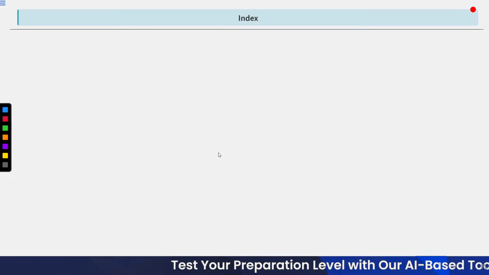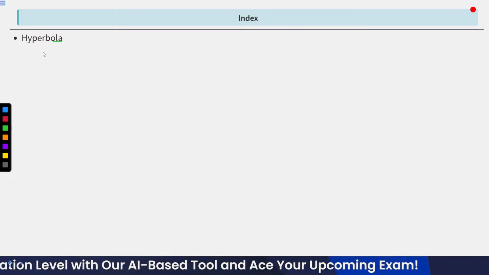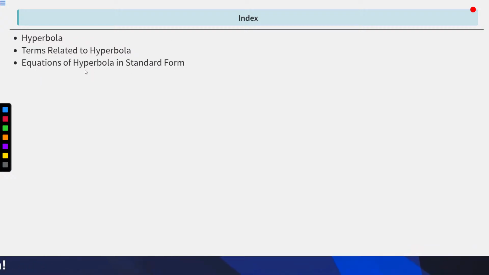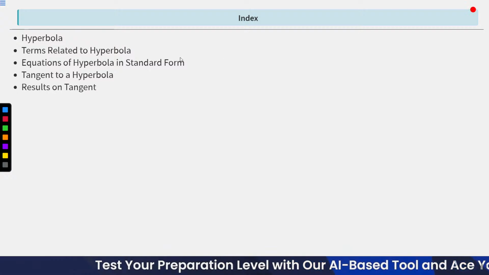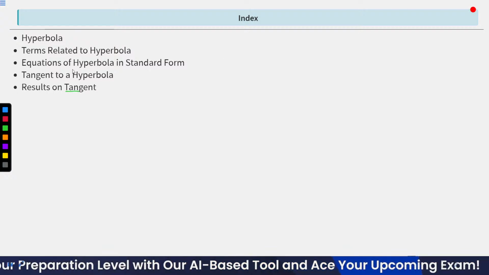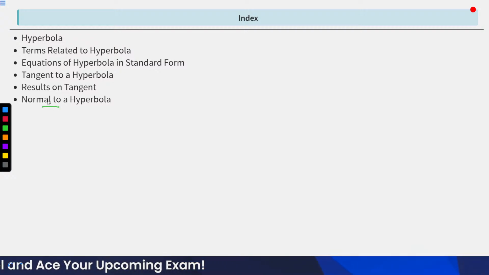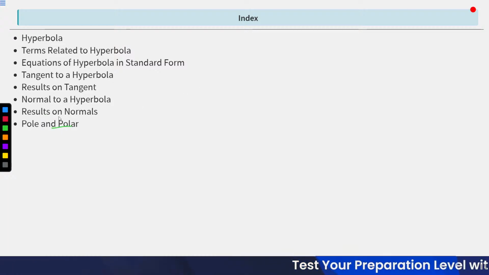आज की थ्योरी में हम क्या क्या पढ़ने वाले हैं देखते हैं। हाइपरबोला, उसकी डेफिनेशन जानेंगे। हाइपरबोला से रिलेटेड टर्म्स जानेंगे। इक्वेशंस ऑफ हाइपरबोला इन स्टैंडर्ड फॉर्म। टेंजेंट टू अ हाइपरबोला। रिजल्ट्स ऑन टेंजेंट। नॉर्मल टू अ हाइपरबोला। रिजल्ट्स ऑन नॉर्मल्स। पोल एंड पोलर।